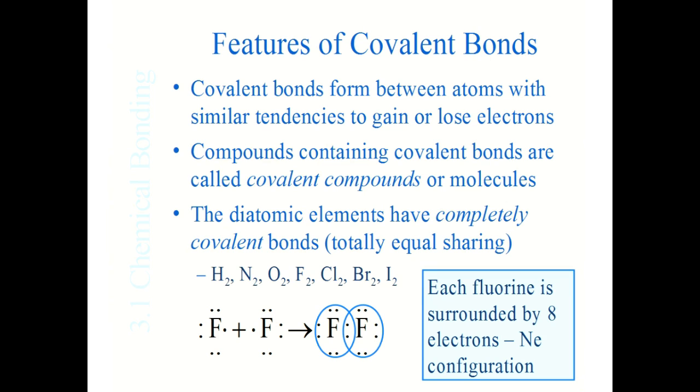So here's an example of a bunch of them that do that, right? H2, N2, O2, F2, Cl2, Br2, I2. This is going to be important for you guys to understand, because sometimes you are given questions that ask you to write out the chemical formula. And if it says something like, you react hydrogen with oxygen to form water, or even if they told you water was H2O, okay, you would need to understand that the correct formula would